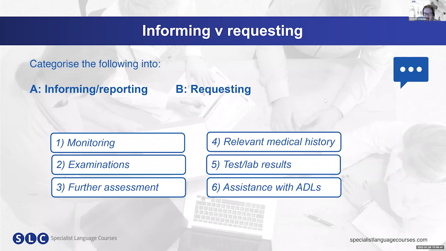So write letter A and the numbers that relate to that, and letter B, the numbers that relate to that. So which ones do you think are most commonly informing and reporting, and which ones are most commonly requesting? Obviously, it does depend on the task and who you're writing to, but as a general rule,